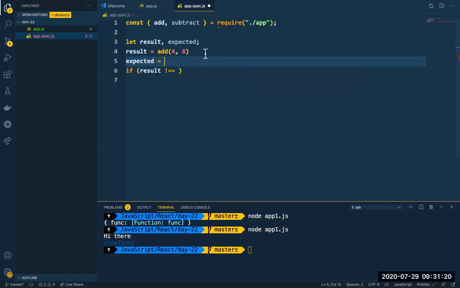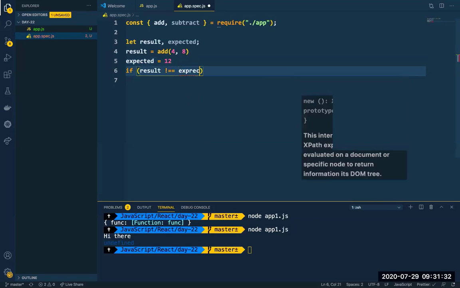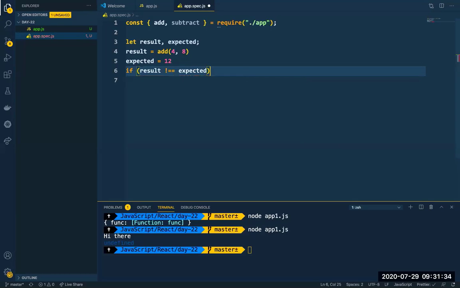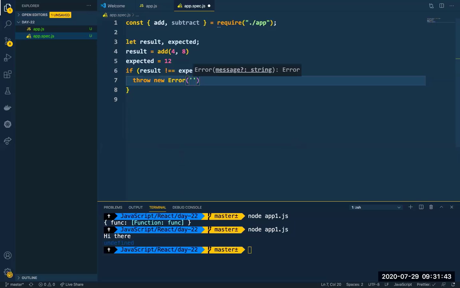What would you expect in this function? What would be the expected answer? 12, obviously. So I'll just keep it as 12. If result is not equal to the expected value, all I have to do is just throw the error, all right? I have to just throw a new error stating that the expected value is the expected value itself,